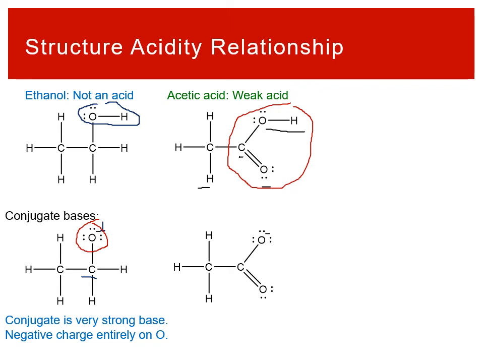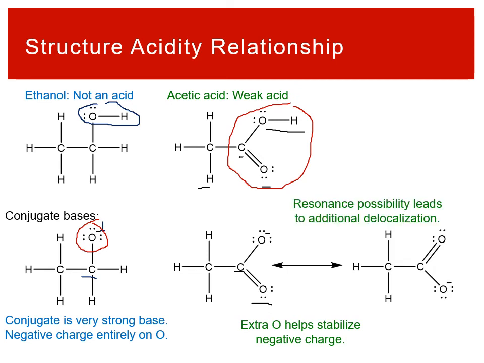If we instead look at acetate, the conjugate base of acetic acid, we can see that there is now an extra oxygen, which helps. The carbon is bonded to another oxygen, so that's pulling away some of that charge. This is the first rule, the idea of the oxyacids: extra oxygens help strengthen your acids. Additionally, not only does that extra oxygen serve as an electronegative atom, but it can also act as a resonance stabilizer. The extra electrons can be on this oxygen or on the first oxygen. Again, that helps to delocalize, or share, where those extra electrons are between the oxygens,